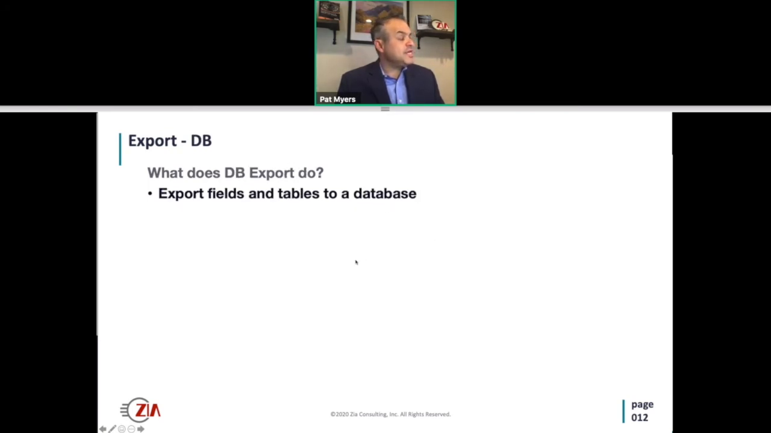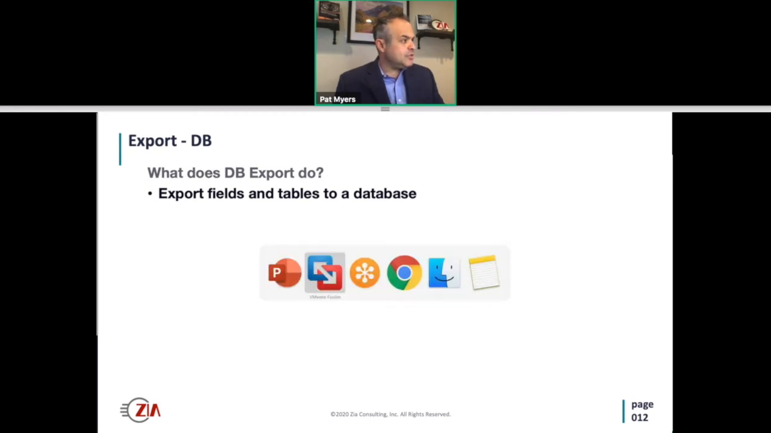What does DB Export do? DB Export is the capability of being able to push information inside of a database. Very straightforward. The cool thing about this, which is not supported by the previous things that I was mentioning, is that it does support both data level fields as well as tabular information. And so looking at what that mapping looks like,